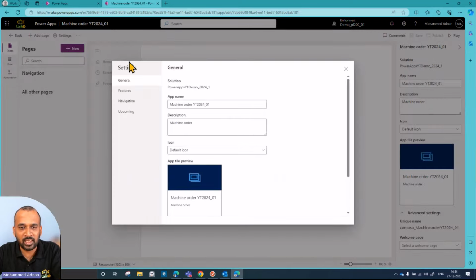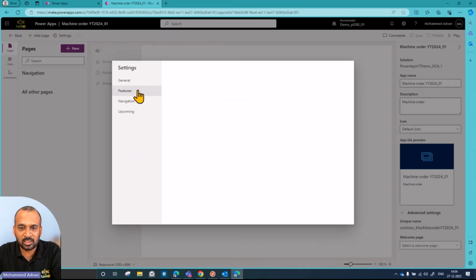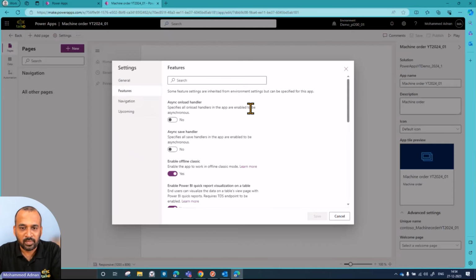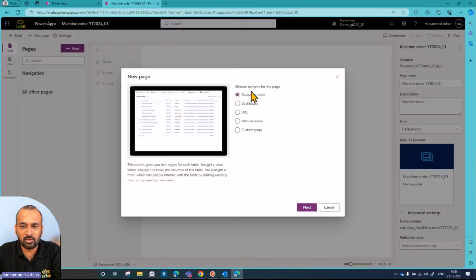So let's click on setting here. We can just review what are the settings which it has. So can it be offline? We can use that, and the features, which are some of the other features, if you want to enable that, it is coming up here. Okay, these are the main basic settings, and you need to click on add page here and click on Dataverse